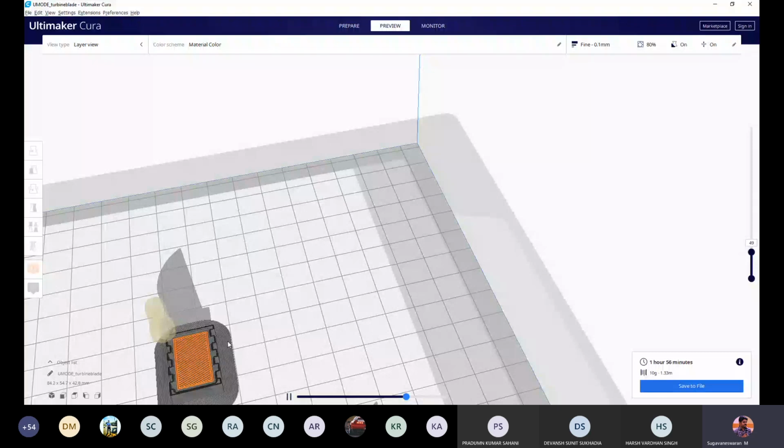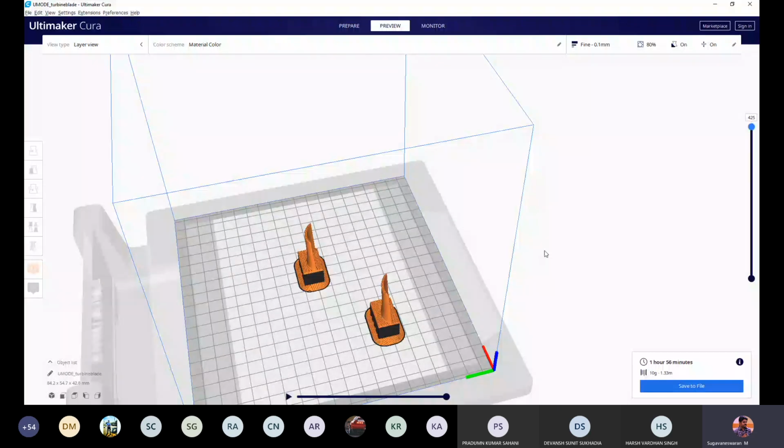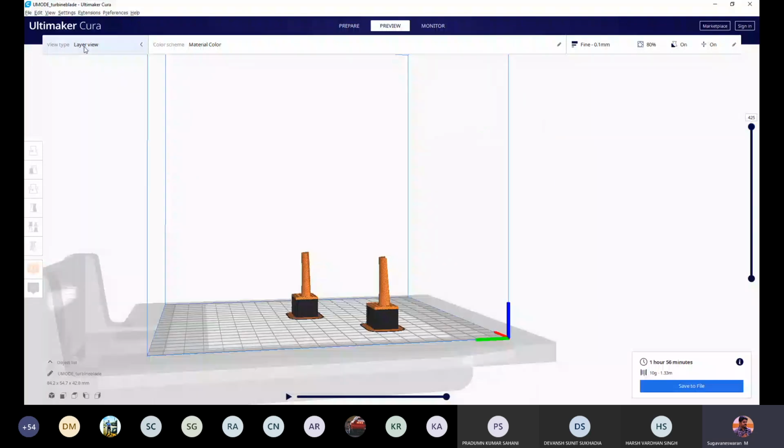Now you can stop this. If you put it in full view, you can see the support material. If you look at the top, again you have view type. X-ray view will tell you the original model. This is the model we have done in CAD, and this is the final part.